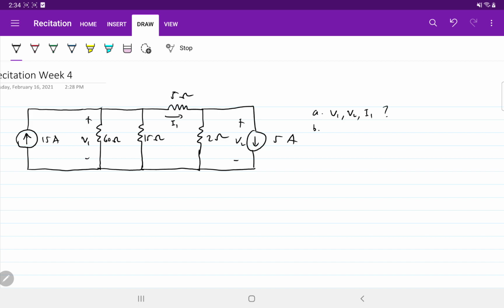B, the next question is the power delivered or produced by the current source, not the voltage source. Current sources, because you have two current sources. All right,